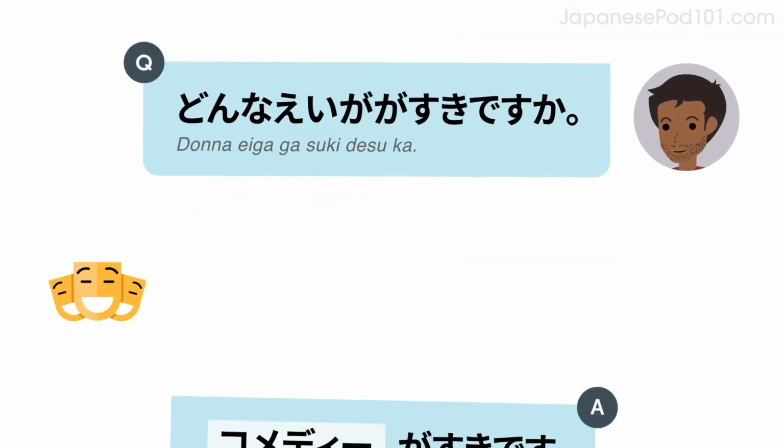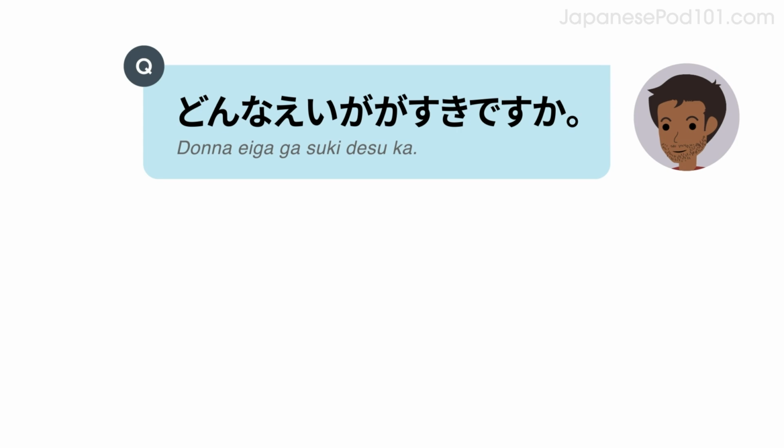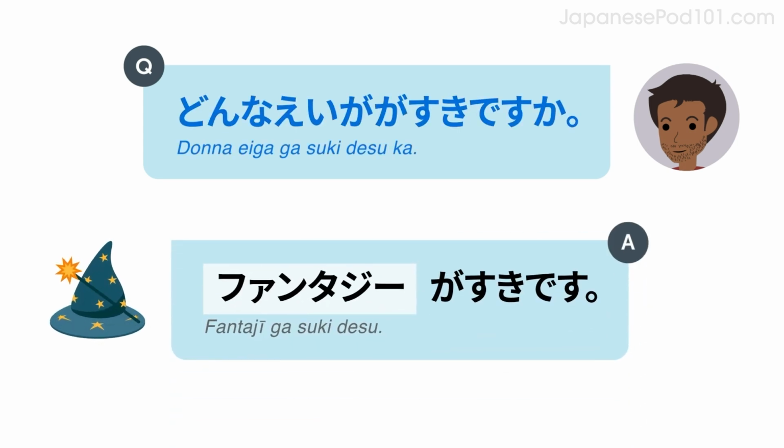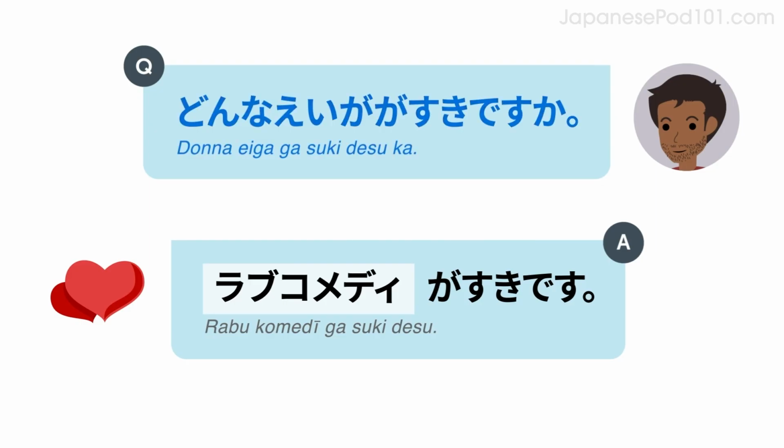Let's look at some examples. Listen and repeat or speak along with the native speakers. どんな映画が好きですか？ コメディが好きです。 どんな映画が好きですか？ ファンタジーが好きです。 どんな映画が好きですか？ ラブコメディが好きです。